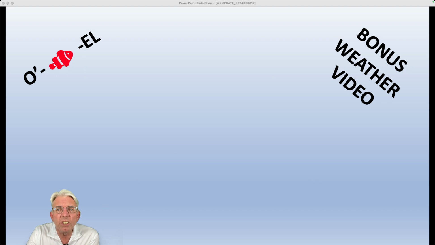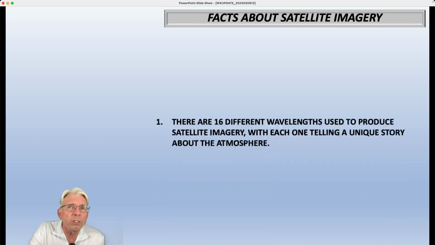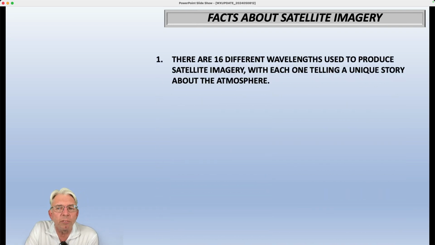All right, so let me put myself down here in the corner and we'll start off with just a few elementary facts about satellite imagery to get us started. The first one is that there are 16 different wavelengths that are used to produce satellite imagery, different types of imagery, each one telling a unique story about the atmosphere. Now, when I talk about wavelengths, every object in the universe is emitting radiation, but it emits that radiation at different wavelengths, okay? And so by differentiating between different wavelengths, we can get information that tells us different things about